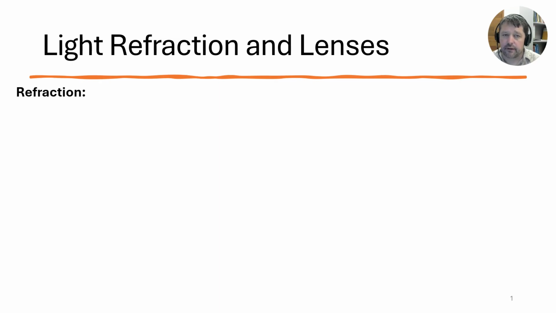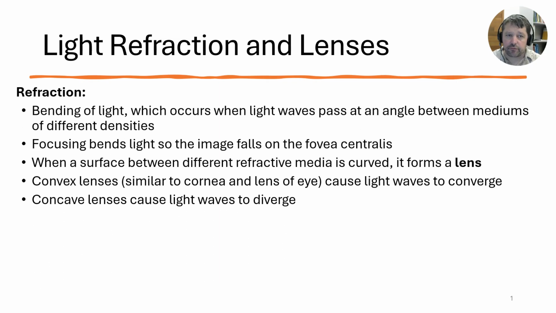And now we're going to talk about how light refraction works, how the lenses can concentrate the light or diffract the light depending on the structure or the shape of the lens. And then we're going to talk about how cones and rods work and how an image is made off of the wavelengths of light that are coming to the eye. So first, let's talk about refraction.